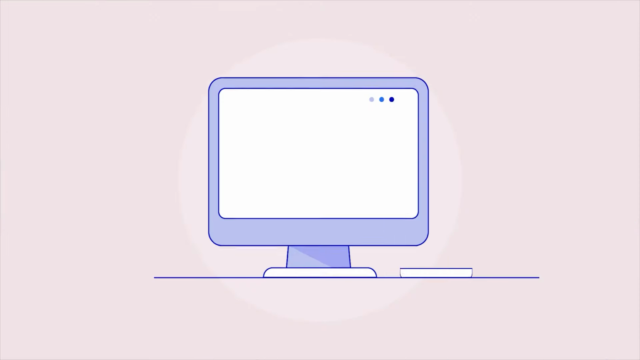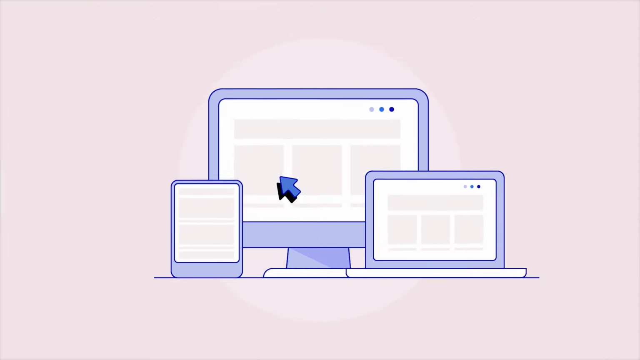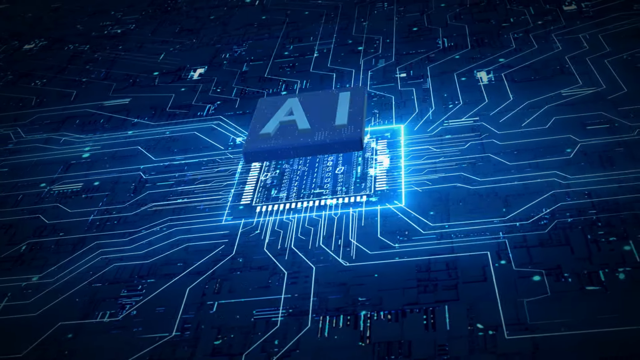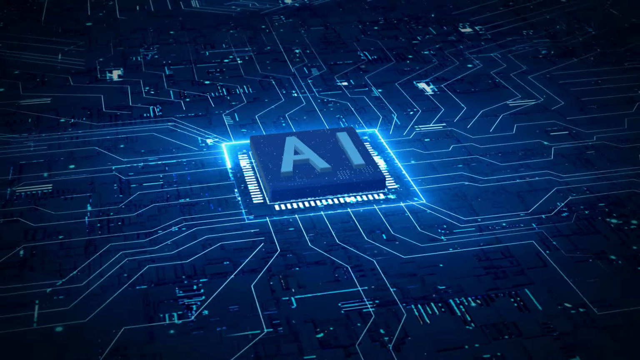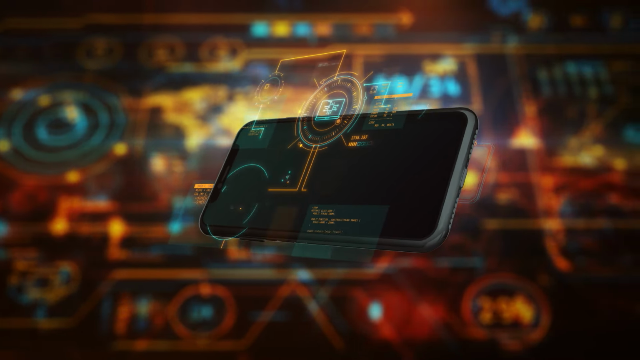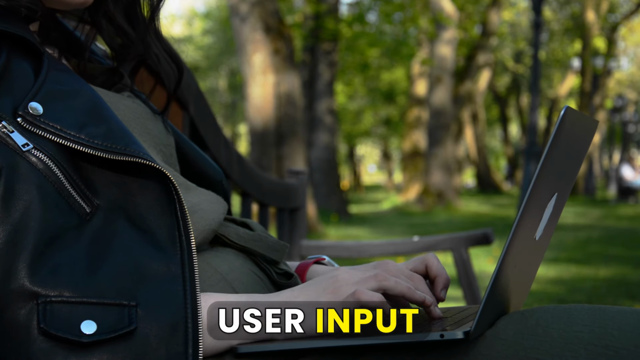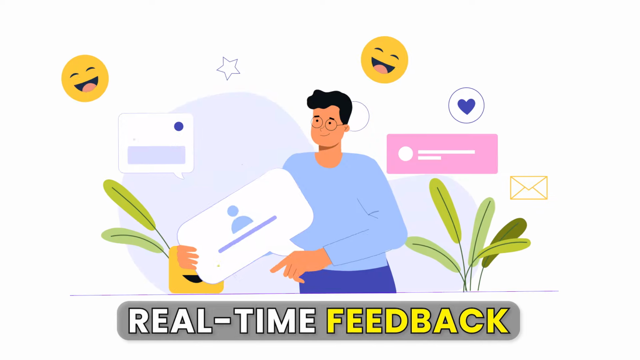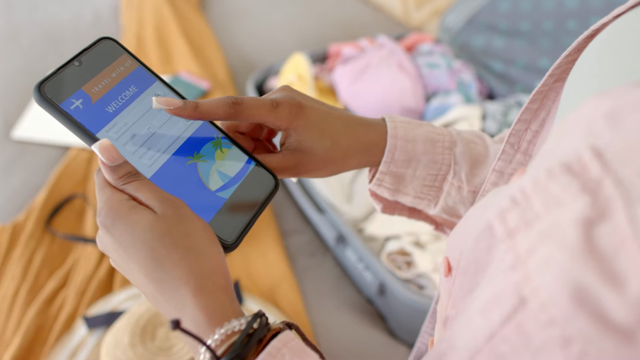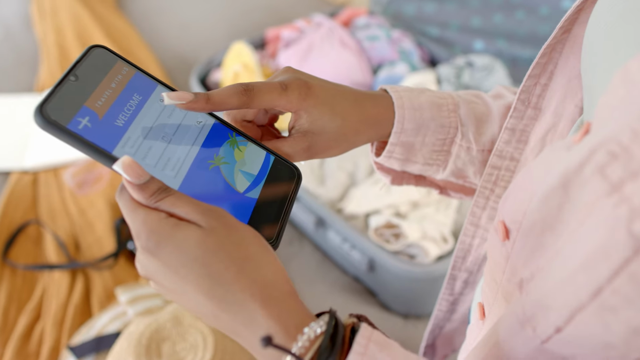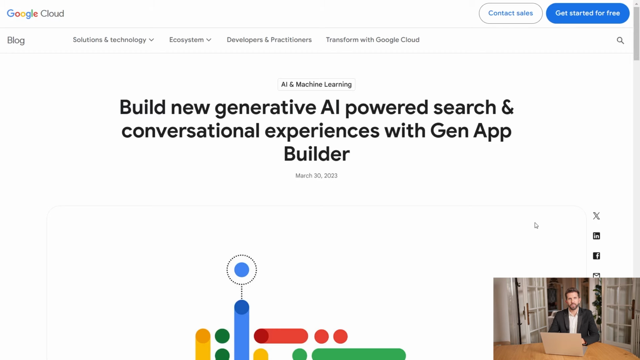Unlike traditional app building tools, Gen App Builder simplifies the process of creating intelligent, feature-rich apps by harnessing the power of artificial intelligence. The platform is particularly well-suited for crafting dynamic applications that can handle user input, automate workflows, and provide real-time feedback. Imagine you have a vision for an app that offers personalized travel itineraries based on user preferences. With Gen App Builder, you can bring that idea to life in a fraction of the time it would take